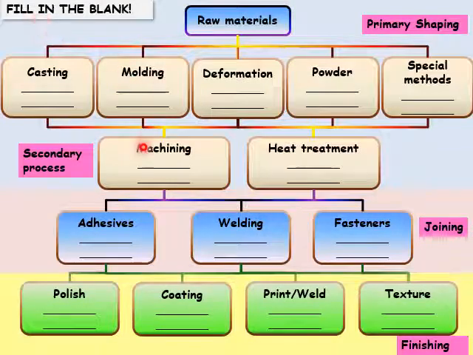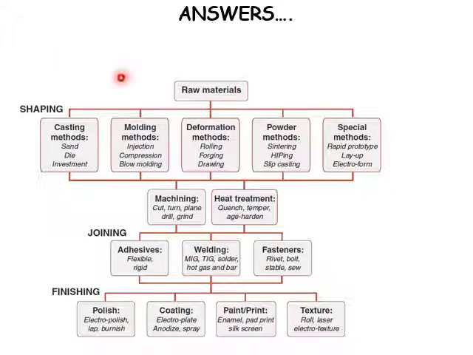To refresh on the manufacturing processes, you have the primary shaping, secondary process, and joining and finishing. This is the answer from the previous slides. You have raw material, then shaping, which is sand die casting and investment casting. Then you have molding methods: injection molding, compression molding, and blow molding. Then the deformation methods: rolling, forging, and drawing. And then the powder method, which is